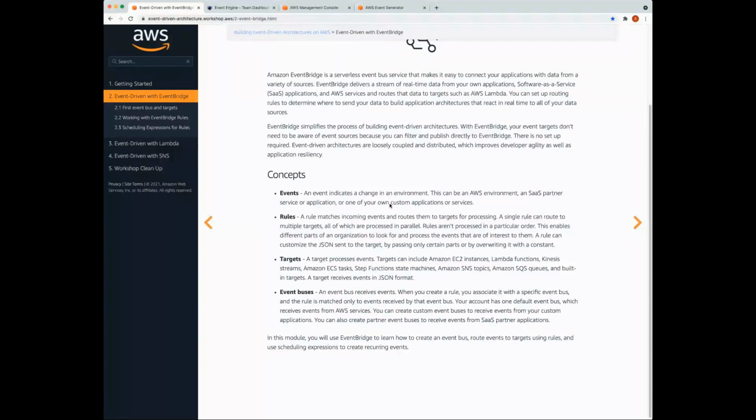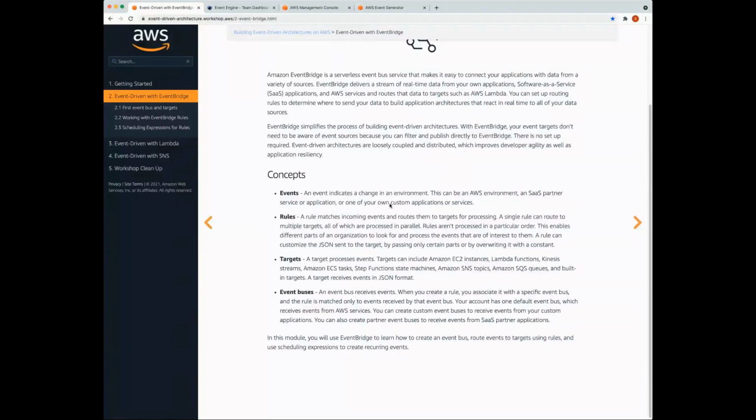It allows our microservices to be completely ignorant of each other. They don't need to have any stateful links between themselves, because this event bus is going to handle the collection and the routing of events to these microservices.